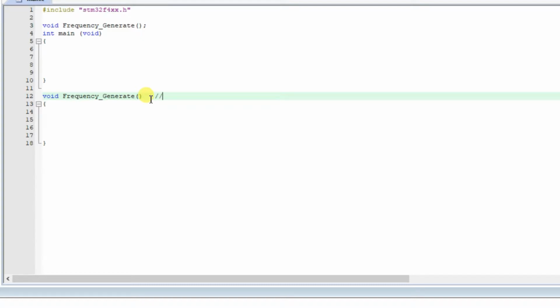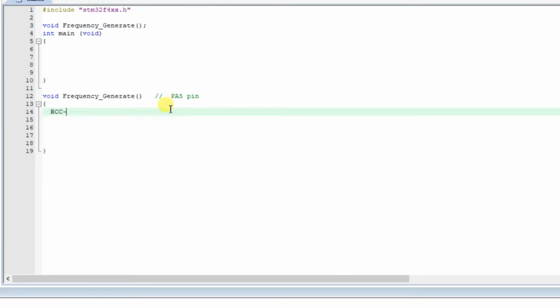So to generate the frequency, I will use the PA5 pin, right? I have already explained how to generate frequency. So if you have not watched that video, click on the I button and watch it first. Okay, so first of all, I will enable the clock source for port A because I am using PA5.